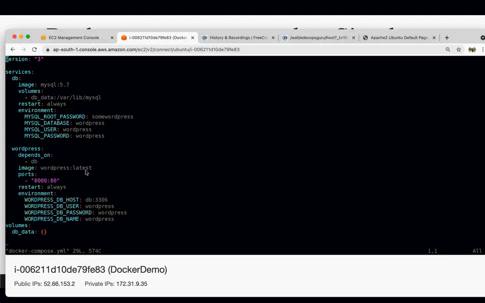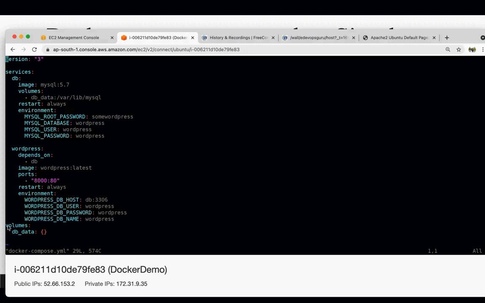Here we are using the latest WordPress image. WordPress by default runs on port 80, but we are mapping it to our host port 8000 because port 80 is already used. Then we are passing some environment variables.